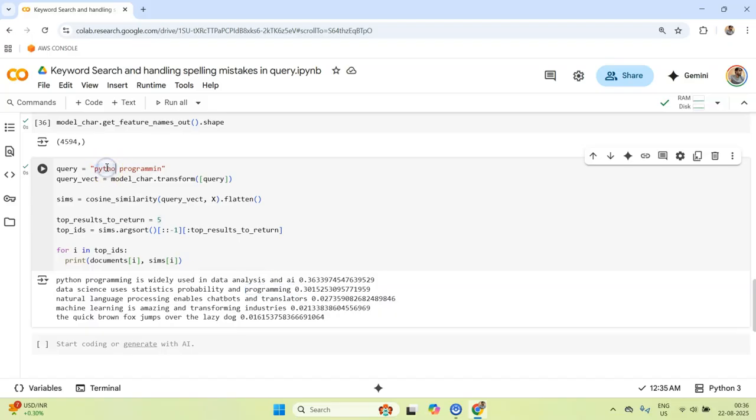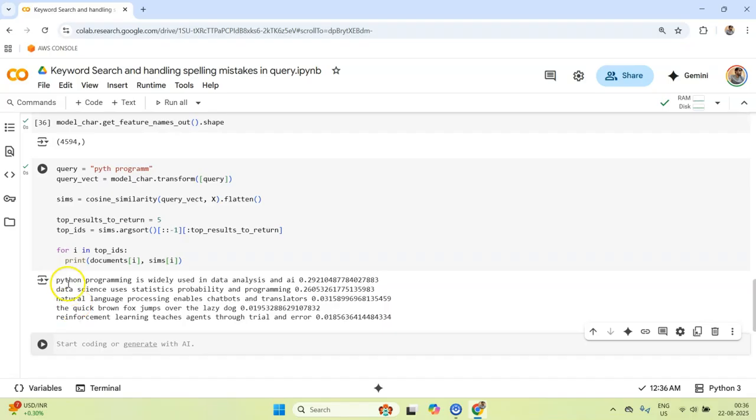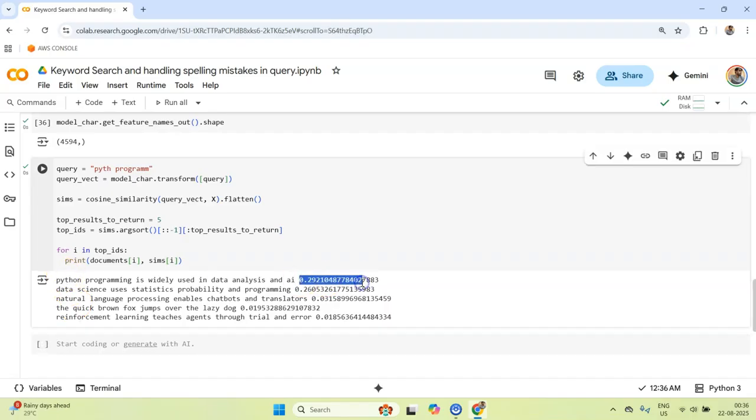Now even if I remove O and maybe remove some more words, and if I run this again, the score is going to decrease, that's for sure, but that does not matter in a real world application.